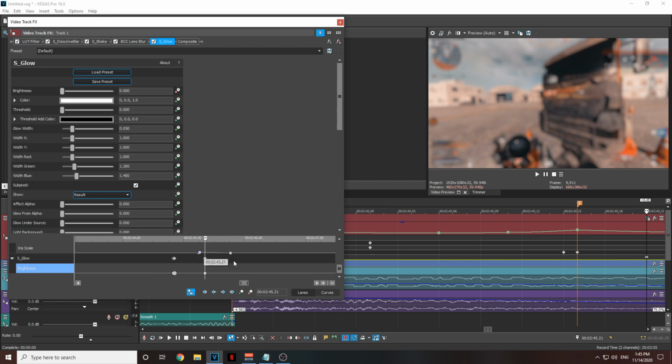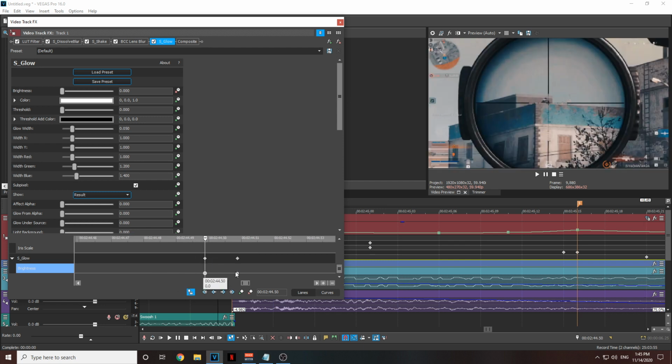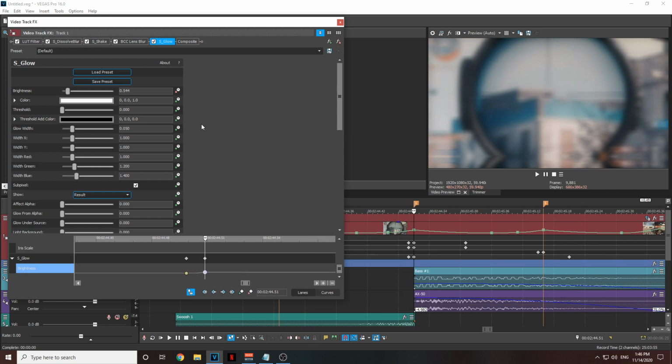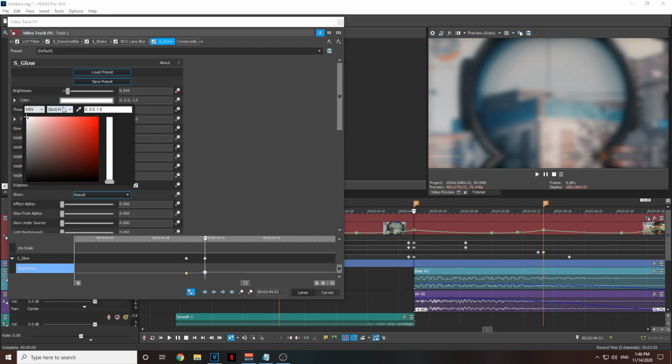So 30 frames like the BCC Blur one. Go to the middle point. Put your brightness to 0.5 and change the color to the theme of your edit. So as you can see, there's only white, red, and black here. You can fix that by pressing on this, go to RGB, and now you can do